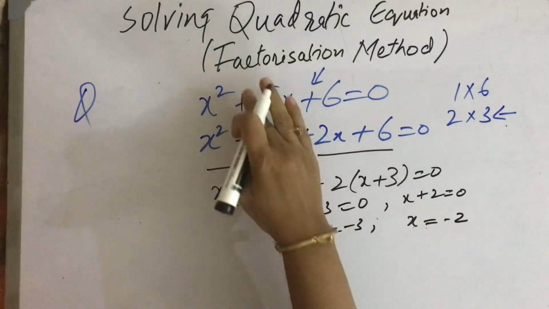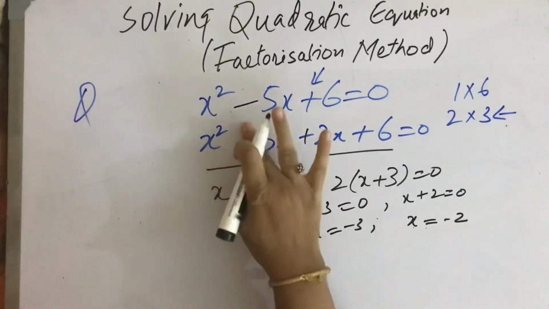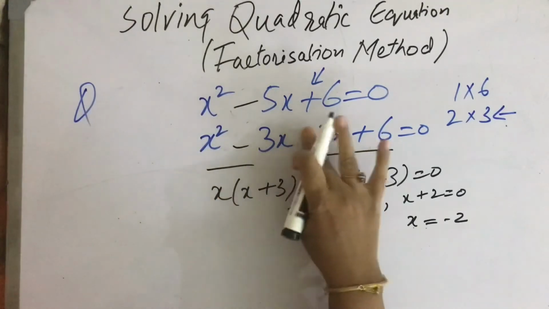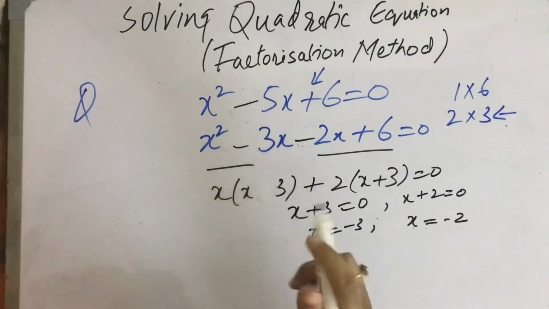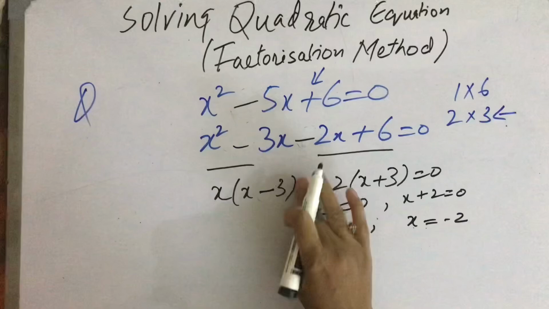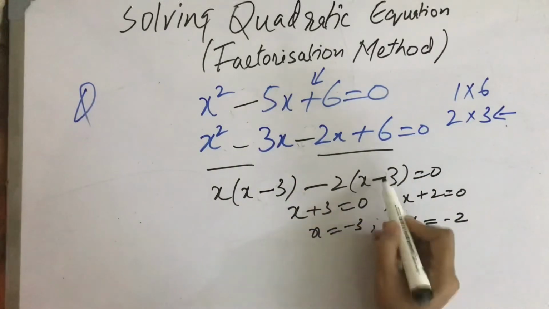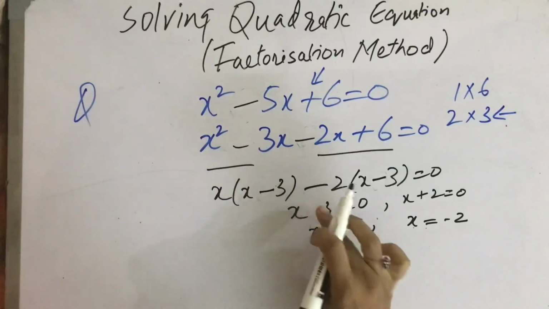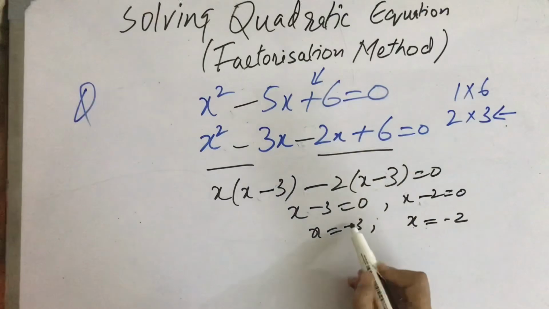So if you take it negative, these two will be negative, these two will remain negative. This factor will go inside, this factor will be negative inside. You will take minus sign here, and you will take this factor negative, and you will have a minus 3 here and minus 2 here, and the final answer will be positive.